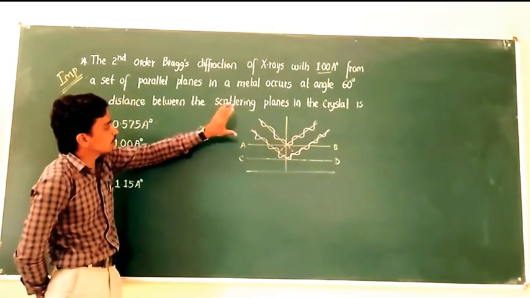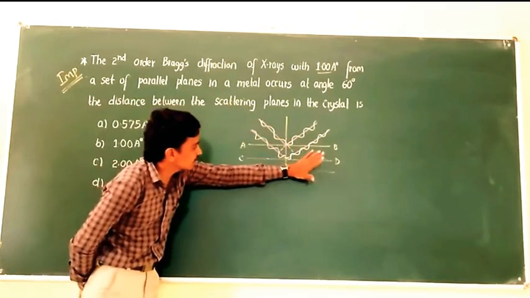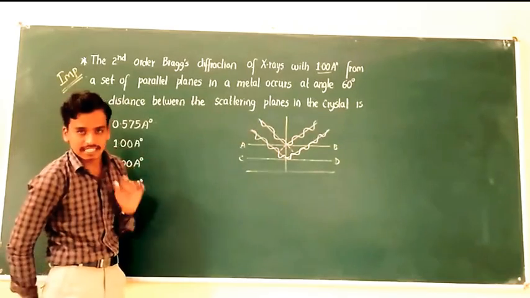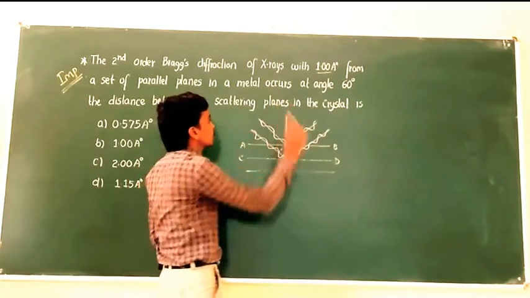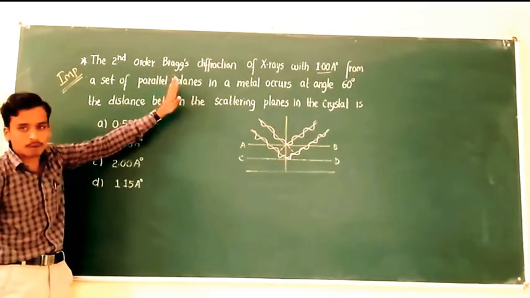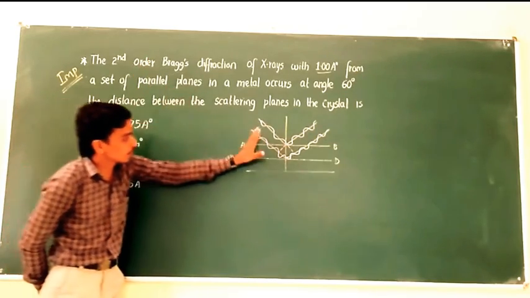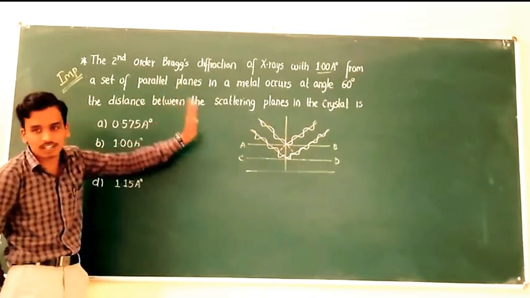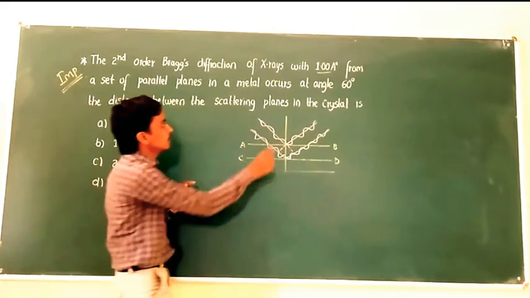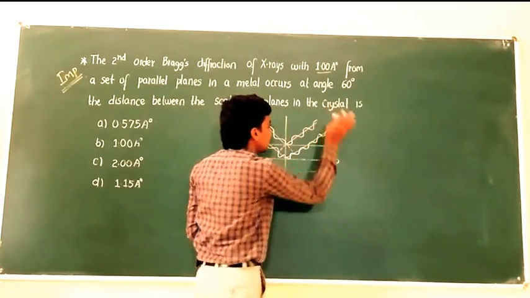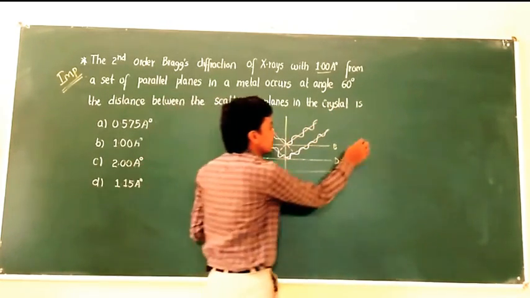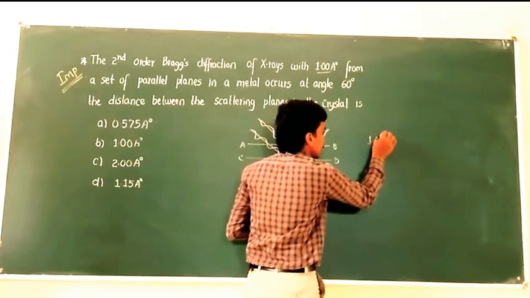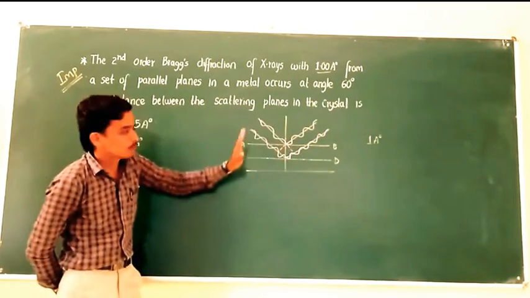Okay, now how to calculate the edge length? Before going to the edge length concept, we can recall the problem. In the problem it is clearly telling that the whole system is the second order Bragg's diffraction, in which the light ray we are using is exactly given as 1 angstrom. 1.00 means nothing but 1 angstrom.